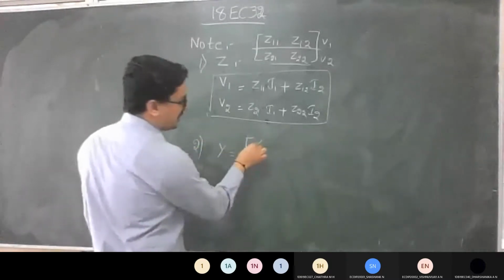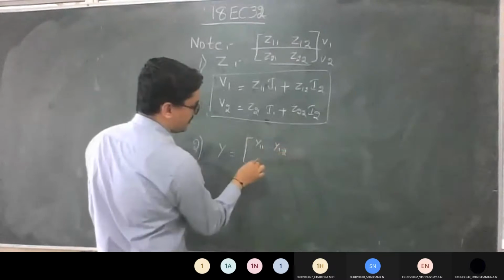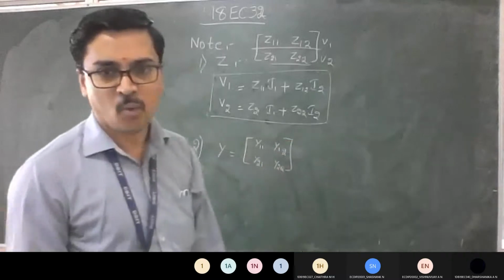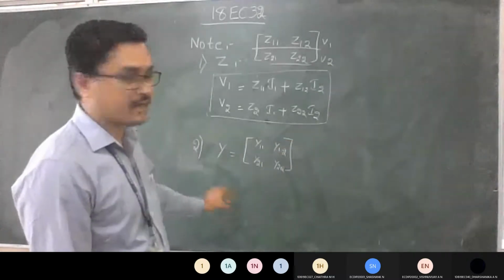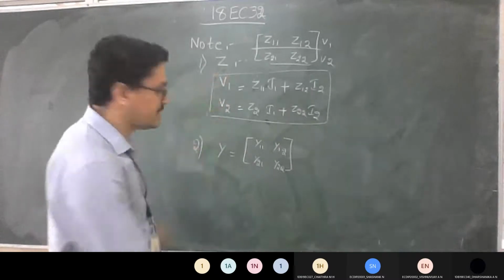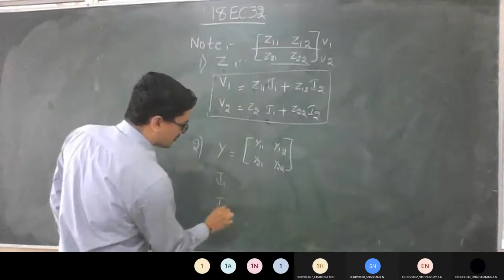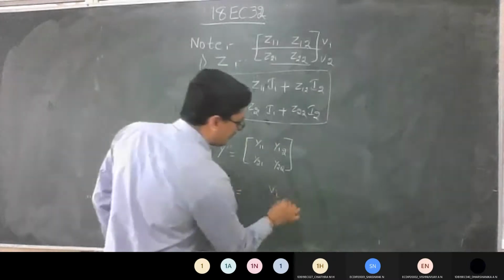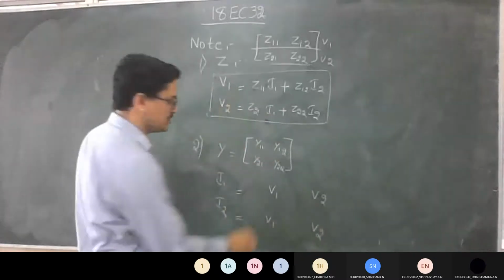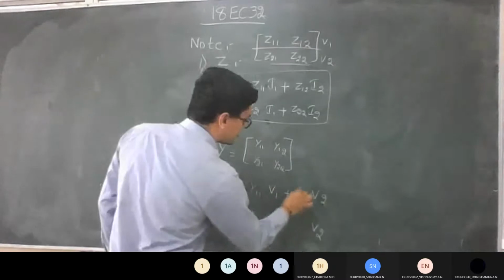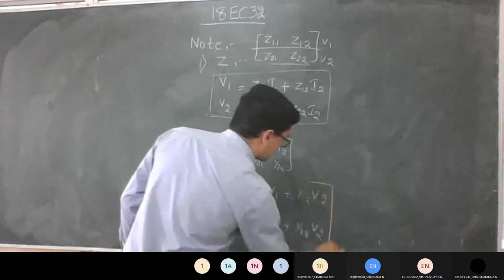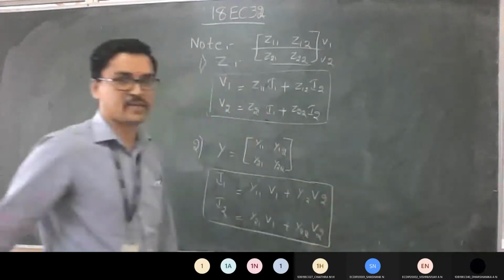So now similarly you can write for Y parameter also. What could be the coefficients for Y parameter here? Y11, Y12, Y21, Y22. So this is the coefficients for your Y parameter, right? Here it's a reverse concept of the Z parameter. V1, V2 were constants. Now you need to write I1, I2 as the constants. So what is known now? V1, V2, V1, V2. So just add the coefficients with a plus symbol. See, this becomes a generalized equation for your Y parameter.